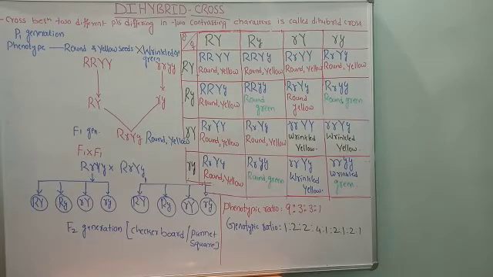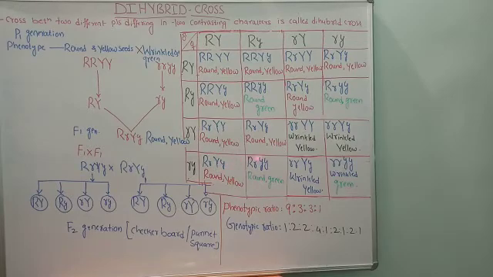So here all I have written round and yellow with a red color pen. So you have to count how many round and yellows are there at the end of the cross. Similarly, you have to cross with the second, capital R, capital Y, small y. Okay. So likewise, we have to make the gametes and cross each individually, this with the third, and this with all, and this also with all the gametes we have to cross.